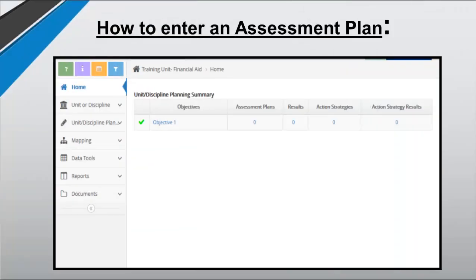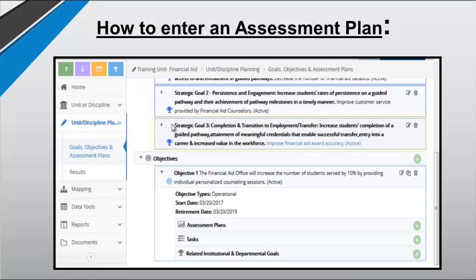In the following examples, we will demonstrate how to add an assessment plan. We will be using a fictional reporting unit titled Training Unit Financial Aid. To add an assessment plan, we are going to utilize a shortcut we learned in previous tutorials. From the home page summary, click on the objective you wish to add an assessment to. In this example, we will click on Objective 1. Then,